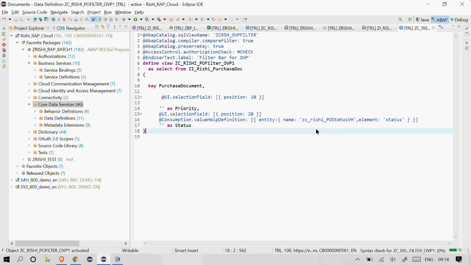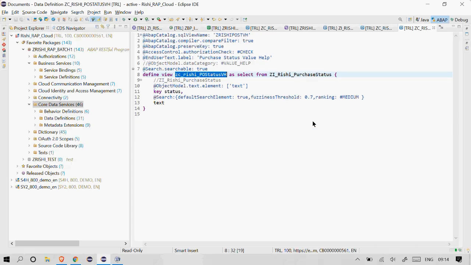So initially, when I create an overview page application, it will ask whether you want to have a filter for this. So this is a CSV view, I need to map it. So those two fields will appear in the filter bar. So if I go to this one, my